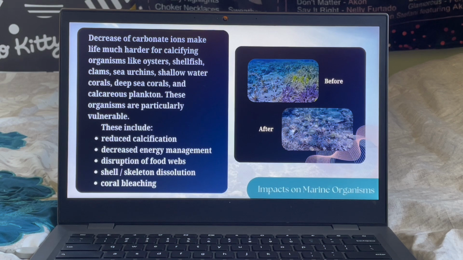Coral bleaching is a big visual impact. This is a symptom of dying corals and refers to its loss of color. In the visuals provided, there are before and after pictures. In the before picture, this is a 1980s representation of what coral reefs look like. Now you can see that it's bleached and looks unhealthy in the current representation of it.